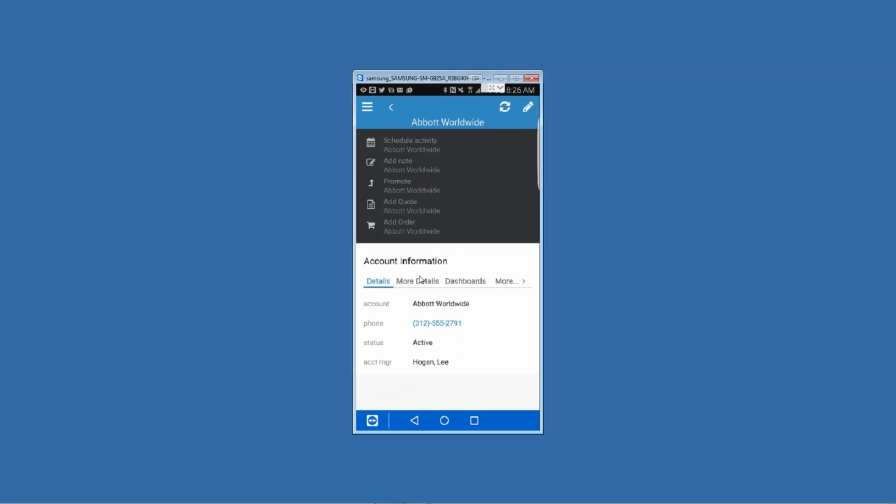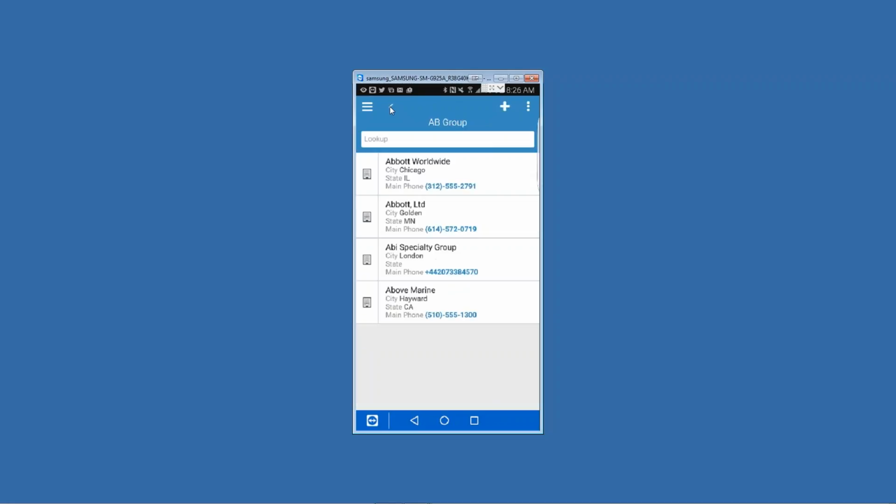So if I needed to get into it and I needed information out of it, it would be saved right here on my phone, and you're in control of how much and how many records and how long they stay. This particular version for us is read-only, so you could drop it into your account and use it in a read-only mode, but in future releases we're going to give you the ability to go into offline mode and update those customers as well. So that's a 50,000-foot view of